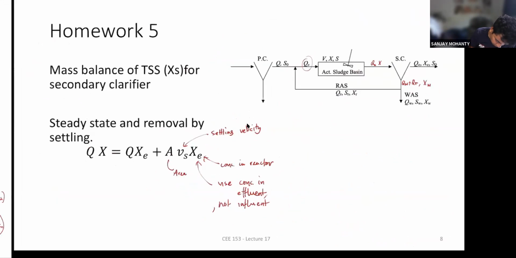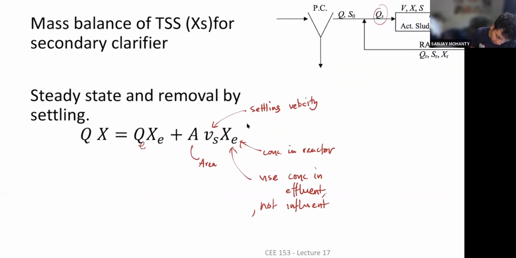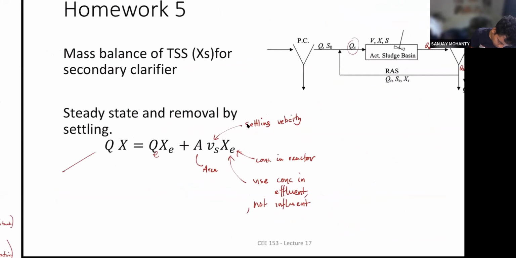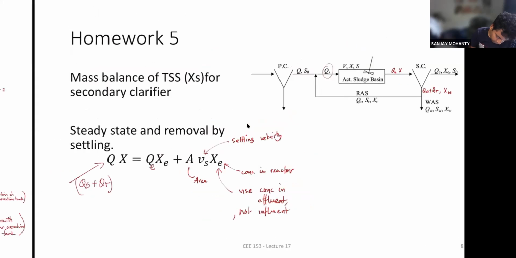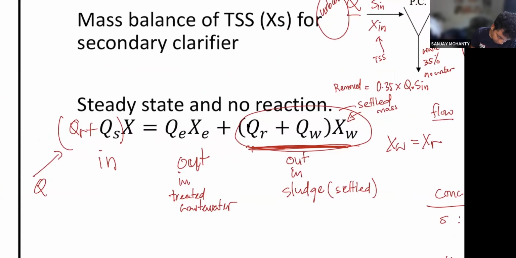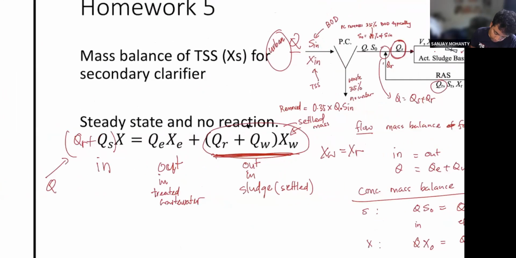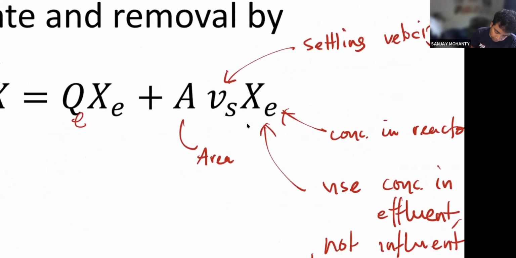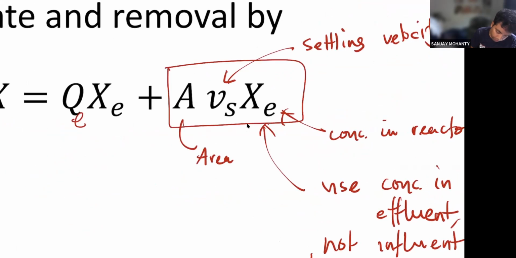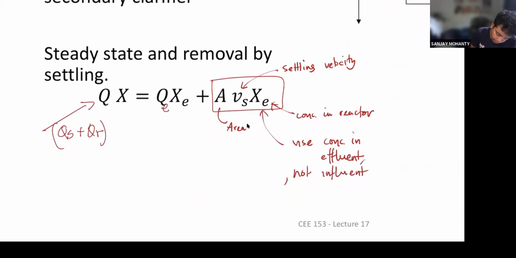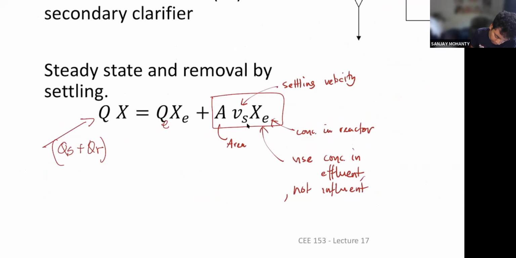If you see, this is more accurately writing QE, and Q is equal to QS plus QR, the same as Q, just so that it's consistent across here. Okay, this is Q equal to that. And so this is all, and then the amount settled is basically this value. And I explained that previously. Basically, amount settled is basically concentration, volume,